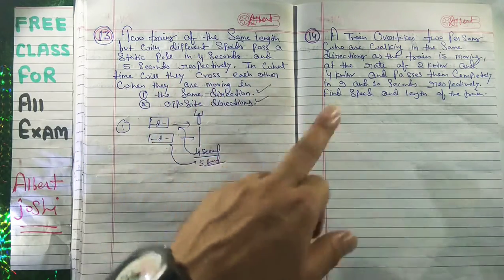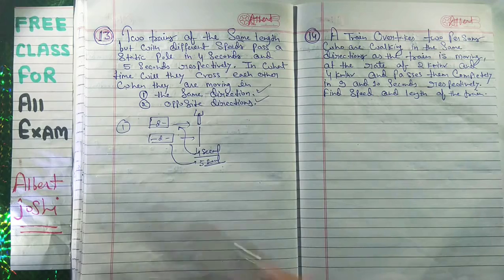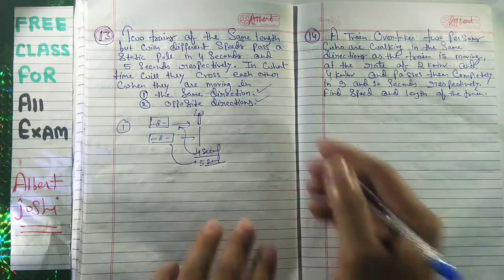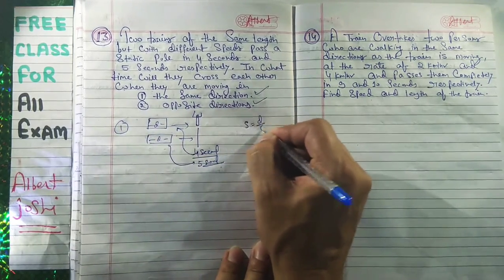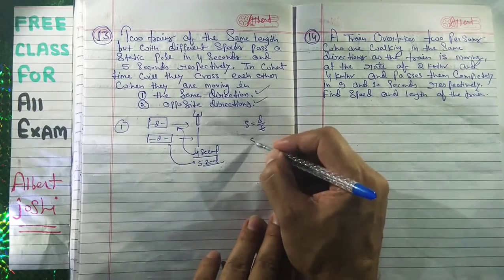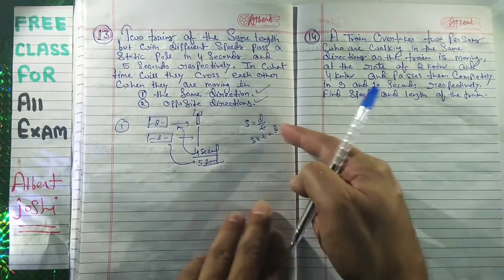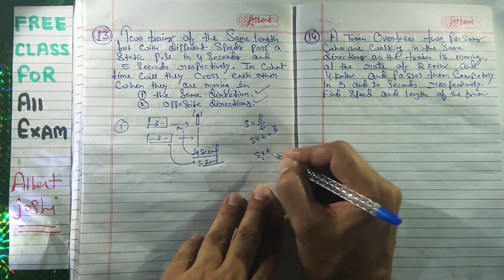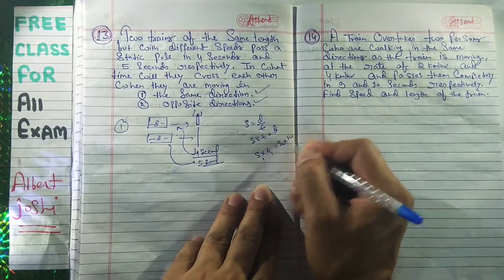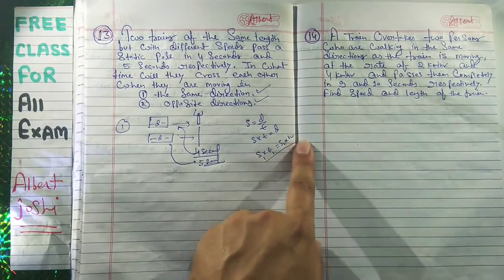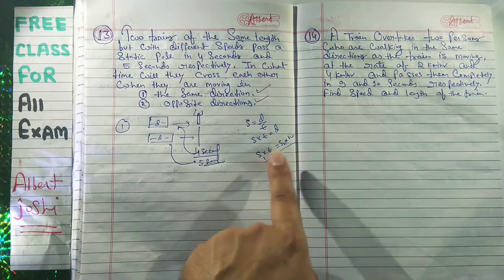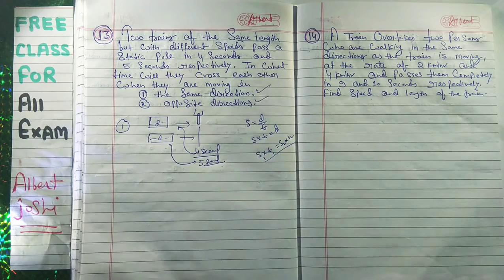So in what time will they cross each other? They have not given us the speed or anything like that, nothing. They have given the distance. You have to think: speed is equal to distance upon time. It means that speed into time is equal to distance, and the length of the train is the same. So S1 T1 is equal to S2 T2. Time they have given, so you can calculate the ratio of speed.